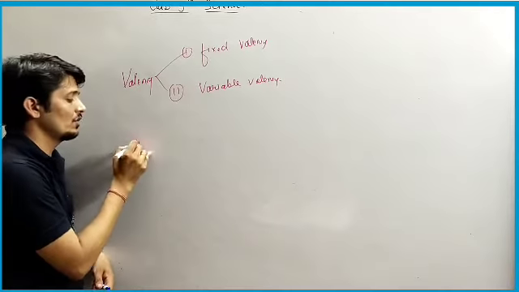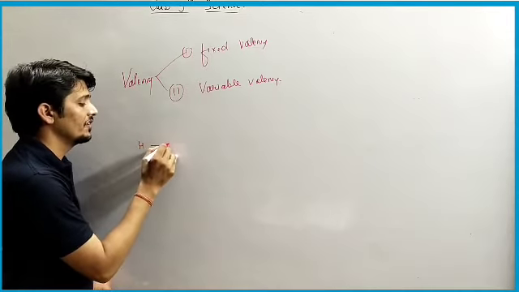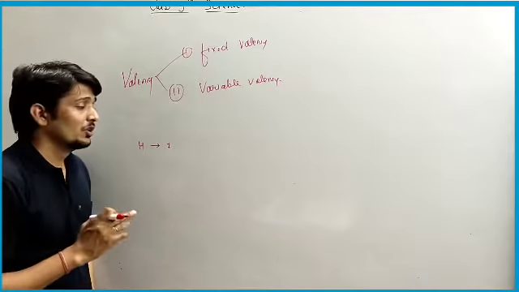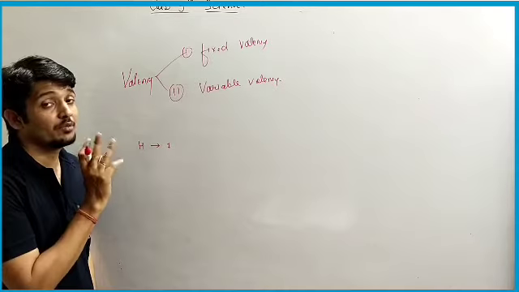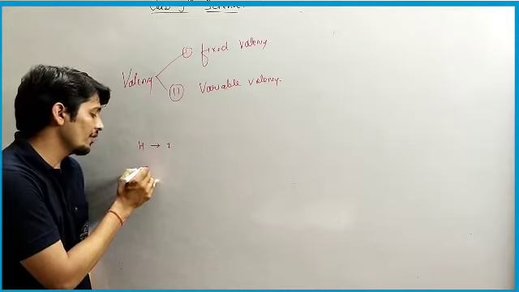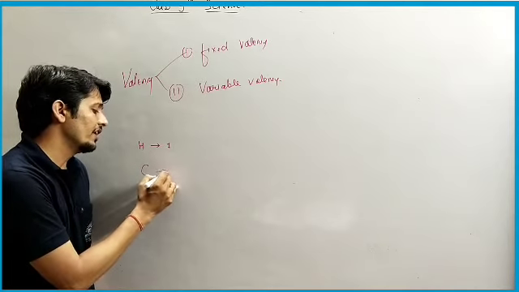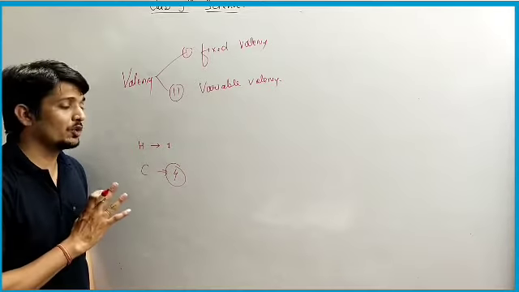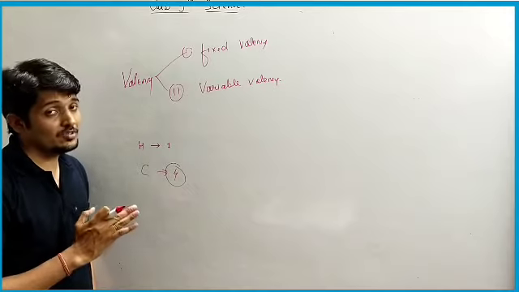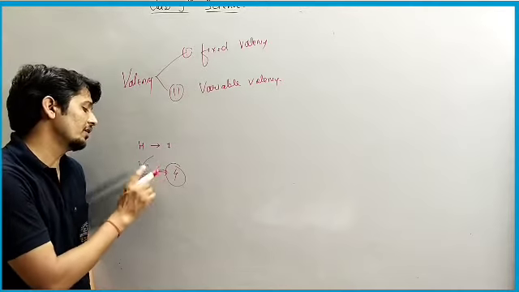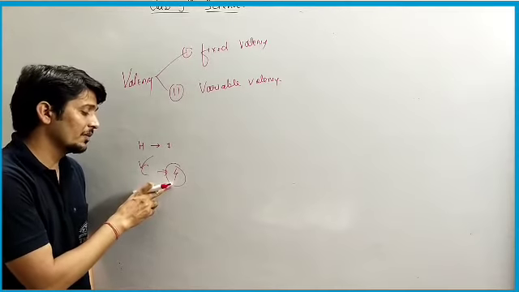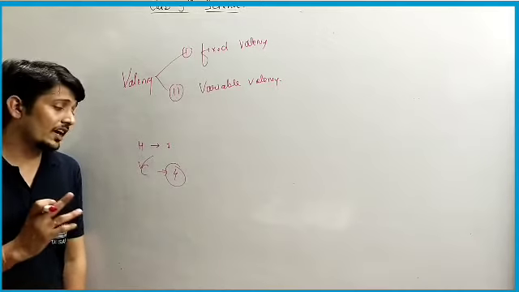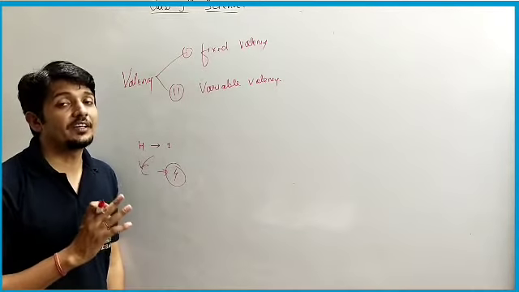See, in case of hydrogen, हाइड्रोजन हैव वैलेंसी 1. सो आप कितने भी टेम्परेचर की रेंज बढ़ा दो या कम कर दो, हाइड्रोजन की जो वैलेंसी है वो 1 ही रहेगी, वो फिक्स रहेगी, वो चेंज नहीं होगी. Like we have carbon atom. कार्बन एटम हैव वैलेंसी 4. सो इसकी जो 4 वैलेंसी है ये फिक्स्ड है. It is not going to change from place to place and planet to planet. The valency of carbon atom is only 4. इसका मतलब ये क्या है, टेट्रावेलेंट है. That's why carbon is also called a tetravalent element.